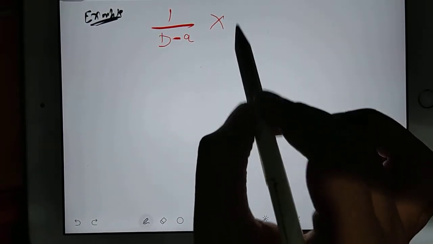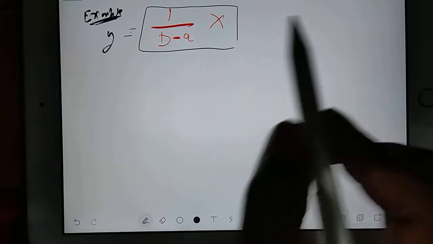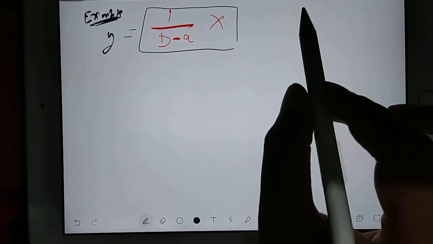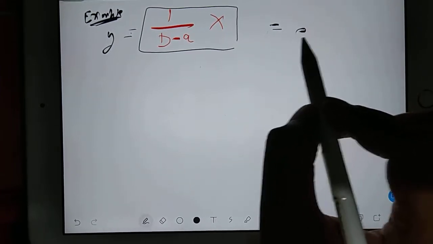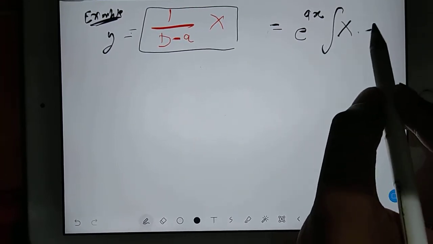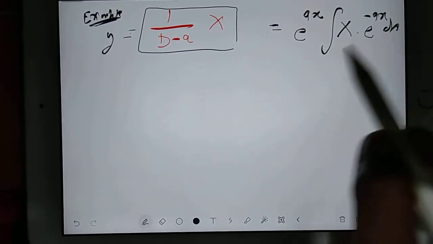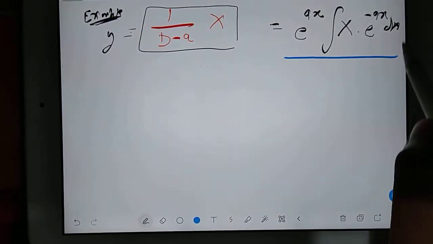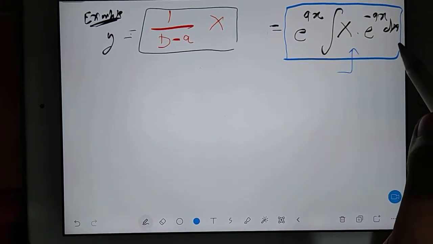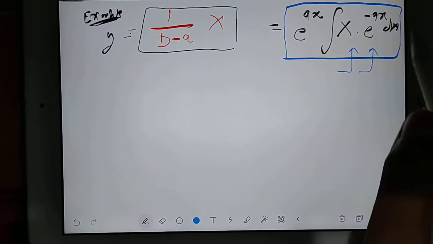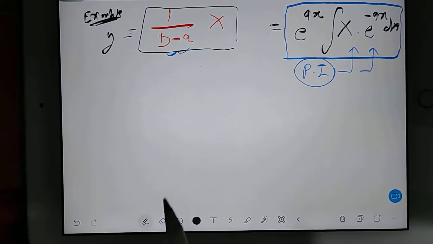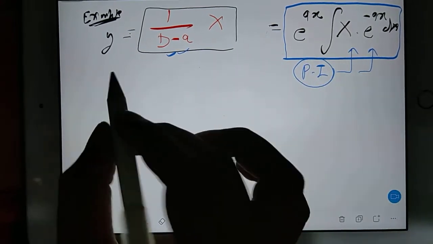One thing is clear. This total will be the value of y. Okay. So now what are we going to do? First, you remember its direct answer. Its direct answer is e power ax integration the function into e power minus ax dx. Now this total is the value of your particular integral. Now question comes, how will you reach till here? Right? How will you reach till here, till this answer? So this is your particular integral. If 1 by D minus a, this kind of answers are coming. Let's reach to the answer. See what we have to do.